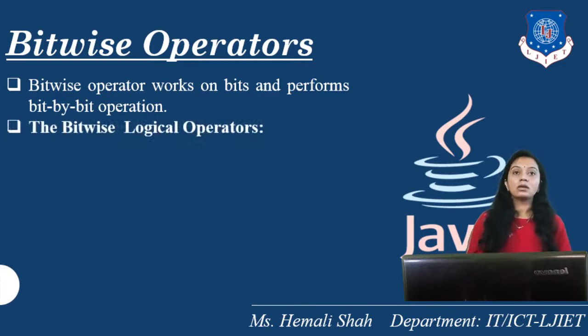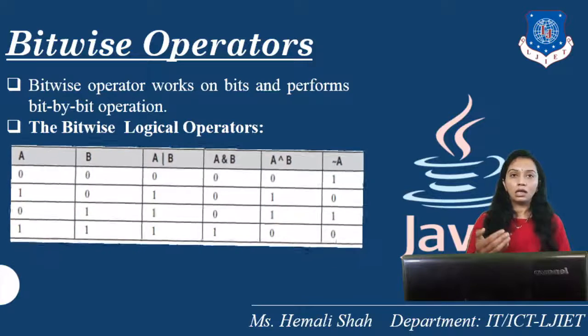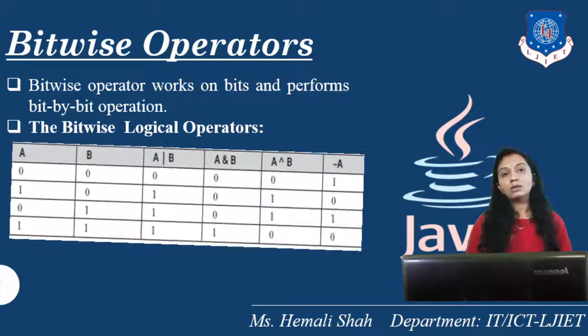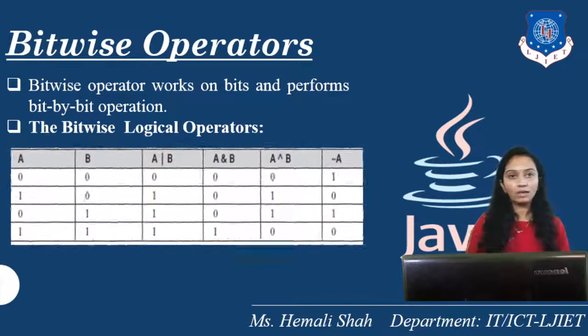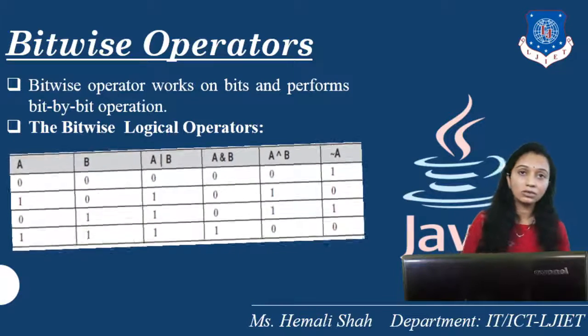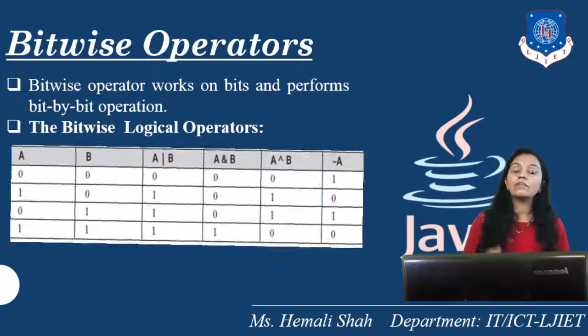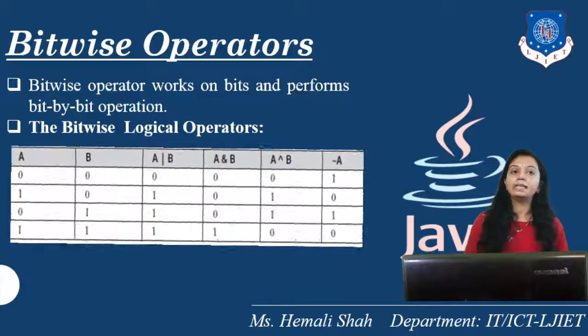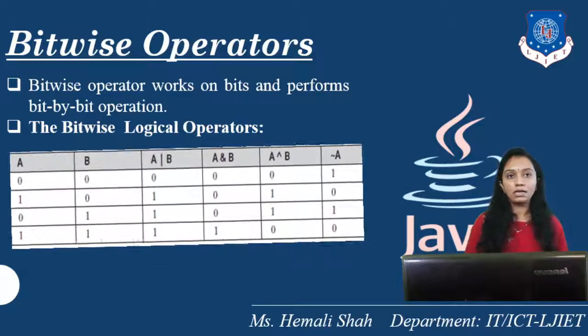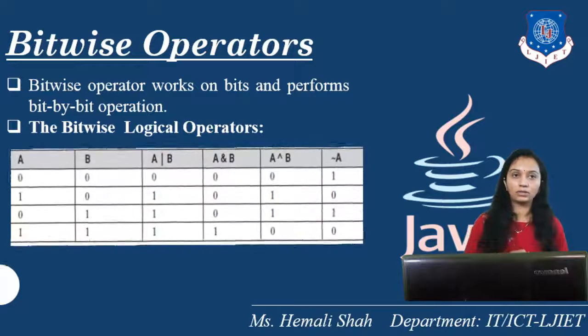How does it work and how does it apply the logic? If you know the truth table for the bitwise operators, the possible values for the two variables are only 4: either 0 0, 1 0, 0 1, or 1 1, right? Now, for AND, OR, XOR and NOT operators, if you already know this truth table, then you can skip this portion.